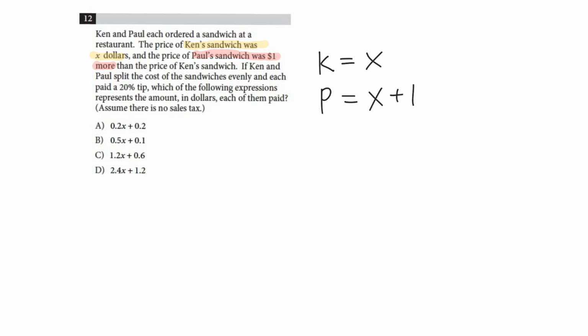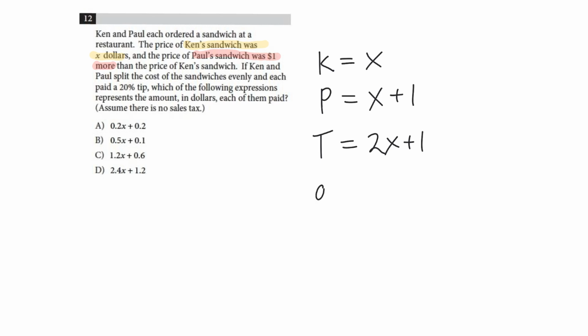Okay, and they split the cost, so they're each going to pay half of the total, and then they're going to pay a 20% tip on top of that. So the total bill is going to be the sum, so that's going to be 2x plus 1. Well, then if they're each paying half of that,